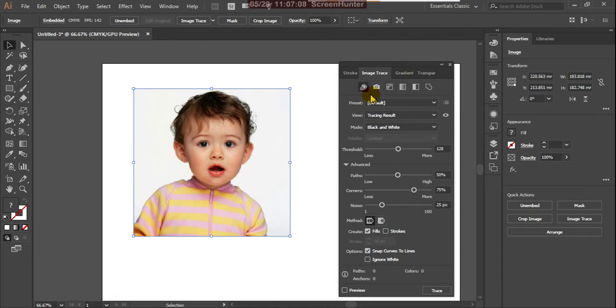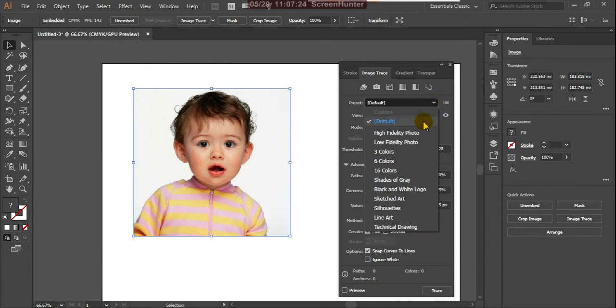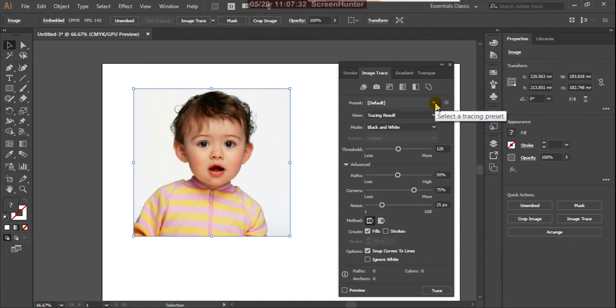Okay, let us check. See, these are all the auto color, high color, and this is low color, and grayscale, and black and white, and outline. Inside the view, here it is in default, and the same here in the control panel, how they are displayed. Here also the same thing they are displaying.